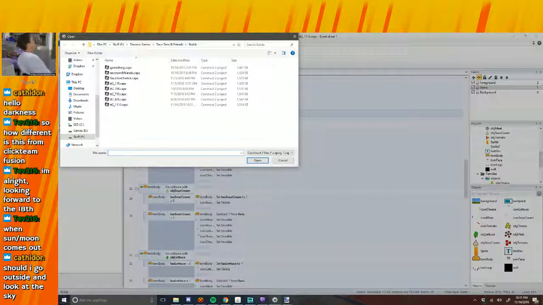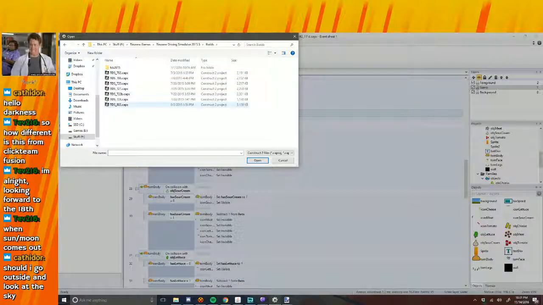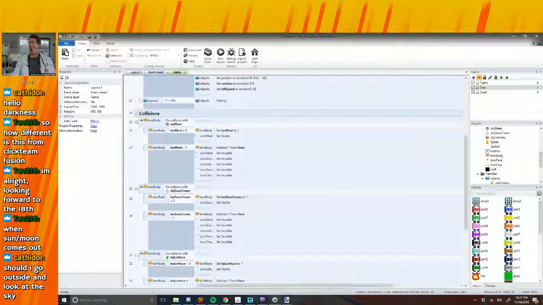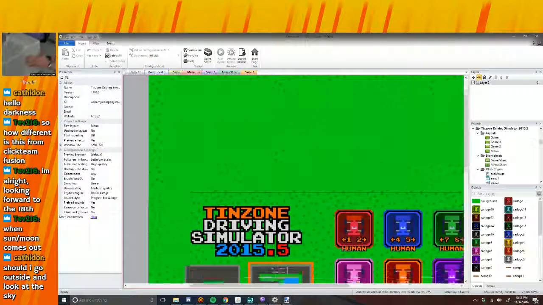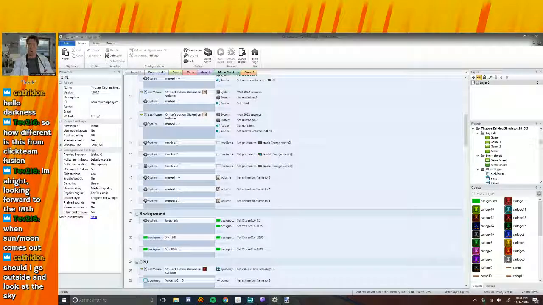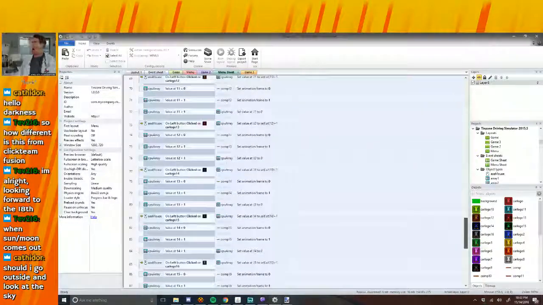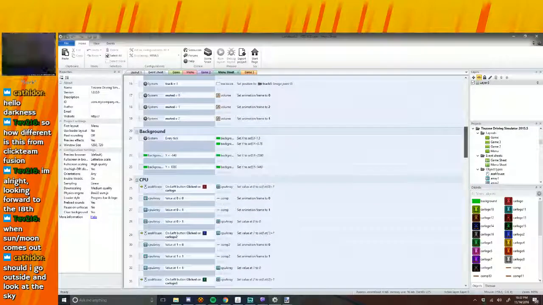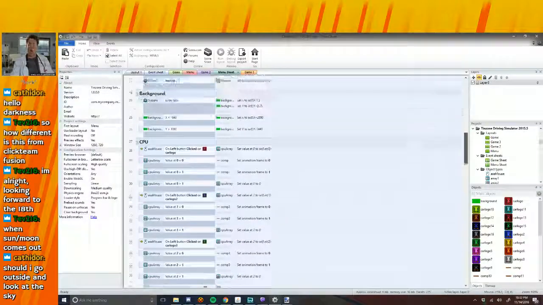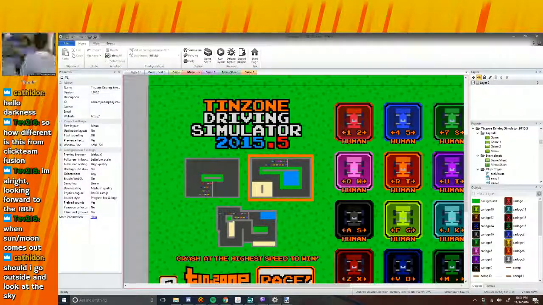I need to show you my code for Tinzone Driving Simulator. This is the worst code. Like, the worst. Here's the menu sheet. So, when you click on the buttons to choose between human and CPU,